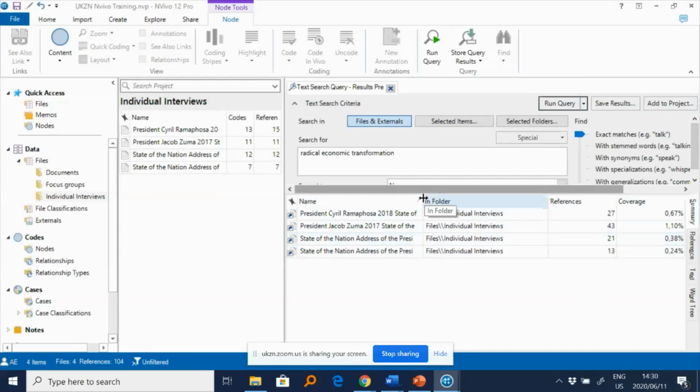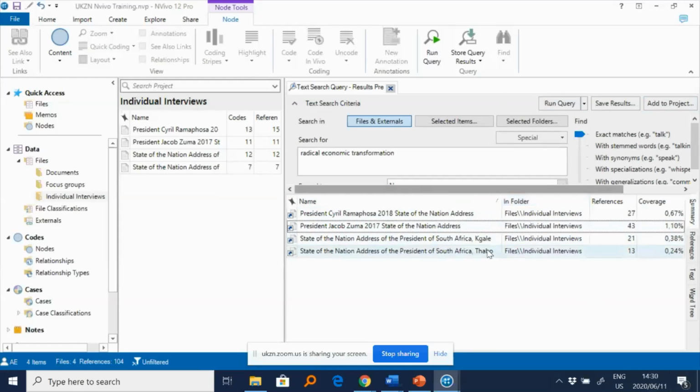But if we open some of the transcripts, you will see that this actually does not appear together. It could be that Mbeki has talked about radical on page 1 of the document, talks about economic issues on page 2, about transformation on page 3. So what NVivo has done is that it has picked wherever this word appears. It doesn't matter the order in which it appears.